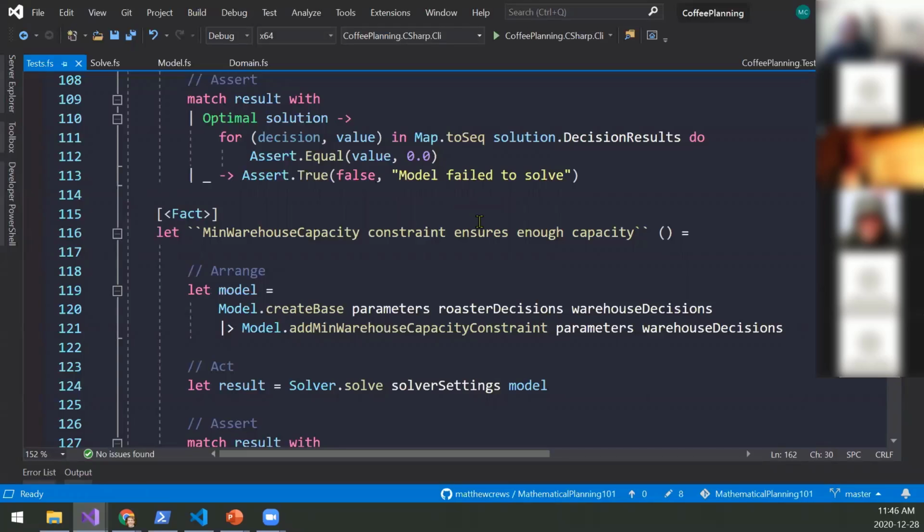The reason I thought of that is, the goal of testing is to be less complex than the production code. That's the sense in which we're not forming a circle of, how do you test the test code? The point is that the test code is simpler than the production code. I don't know what the right level of complexity is, but it would definitely be simpler to give specific values for these roasters and warehouses and say that these settings should satisfy the constraint and these other values should not satisfy the constraint.